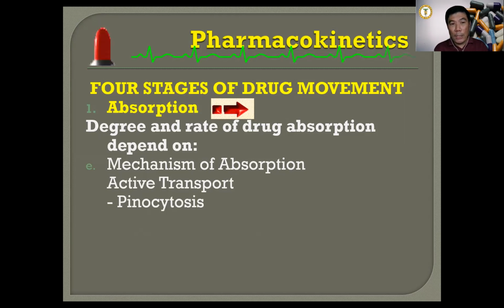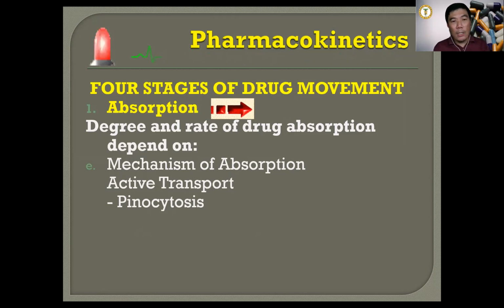If we're considering the active transport, usually the active transport happens when the drug reaches the stomach. I can relate this to the stomach. When the drug reaches the stomach and is transported to the gut or the GI tract, that is what we call active transport. Why? That is considered active transport because that is the time that it will continue absorption and prepare the drug to lead into distribution.